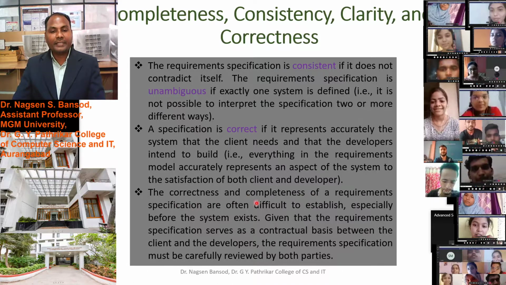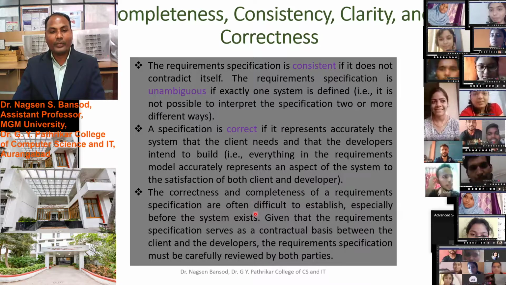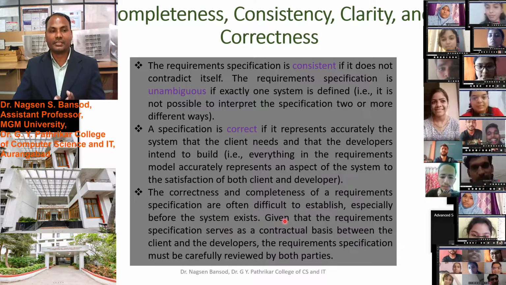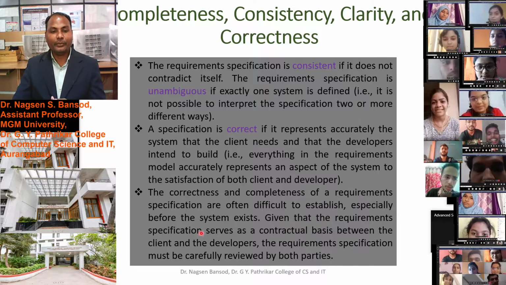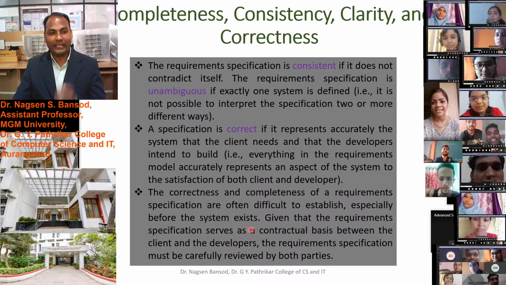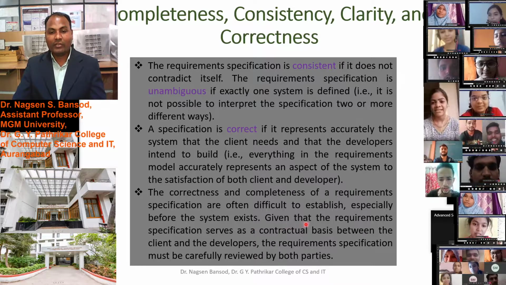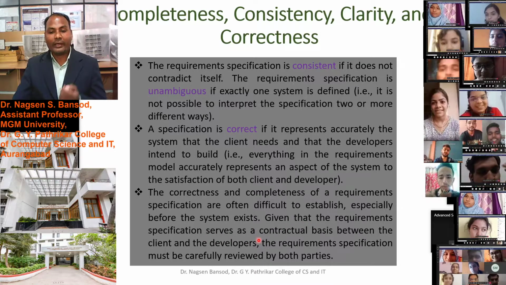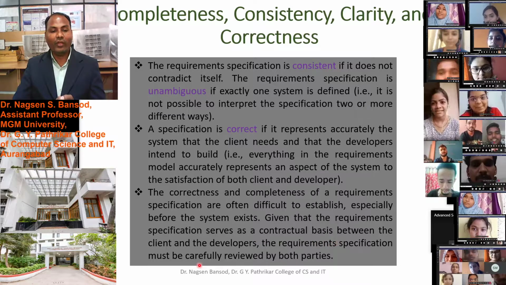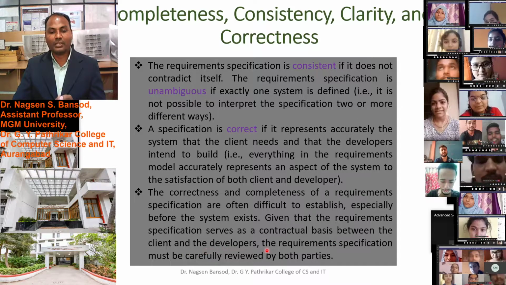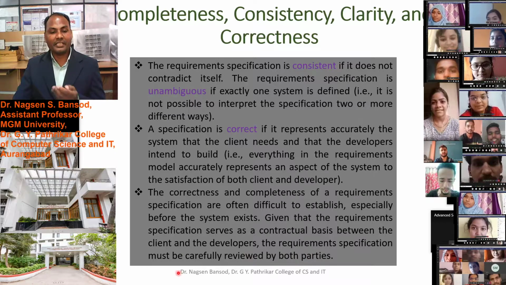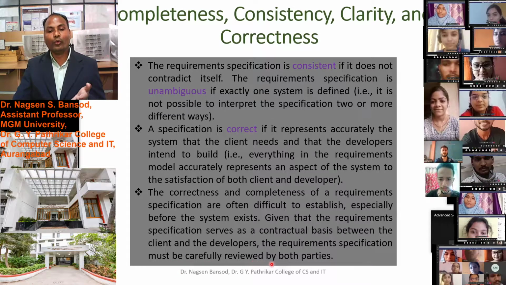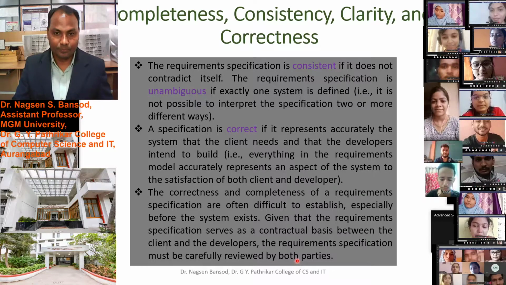The correctness and completeness of the requirement specification are often difficult to establish, especially before the system exists. Given that the requirement specifications serve as a contractual basis between the client and the developer, the requirement specification must be carefully reviewed by both parties.